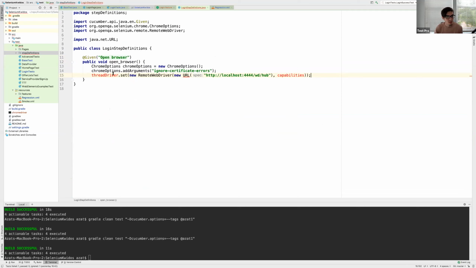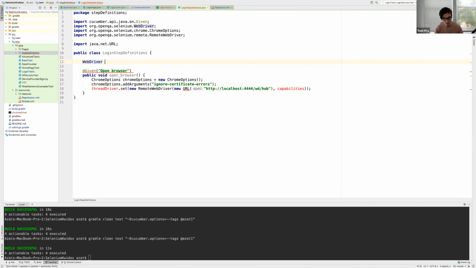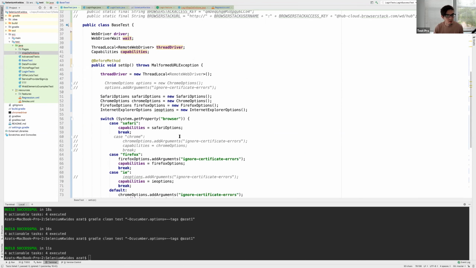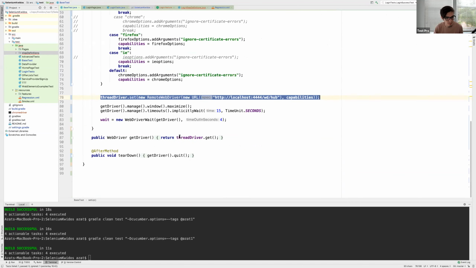Okay, so it's not going to be driver set, it's going to be our WebDriver driver, right? So let me actually do that here, WebDriver driver. And here we can specify it like that. Actually, because we use Chrome with a Selenium grid, and if we don't want to use Selenium grid, we can just define it using the old way,